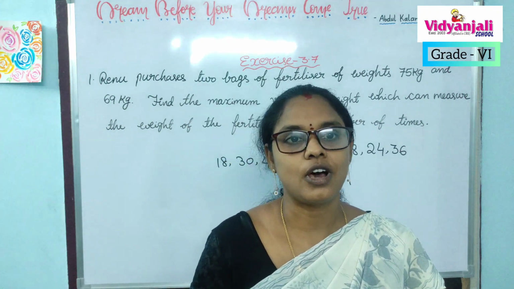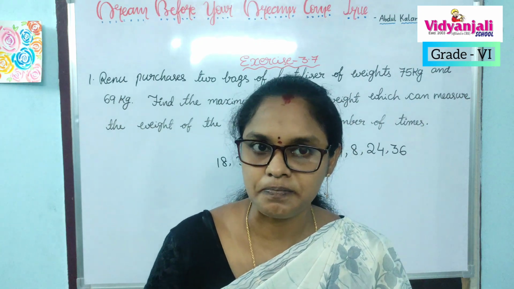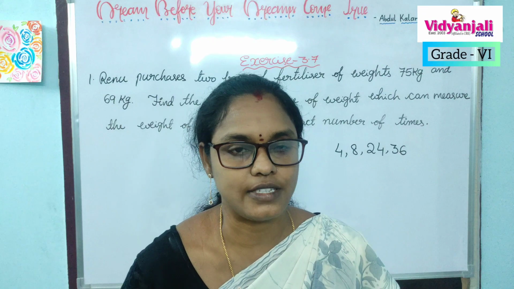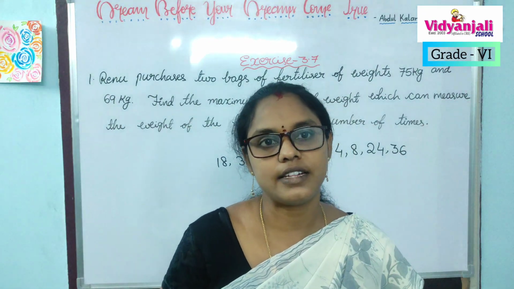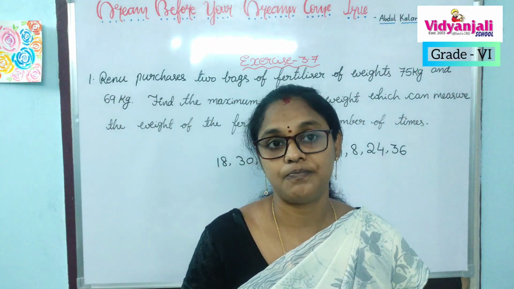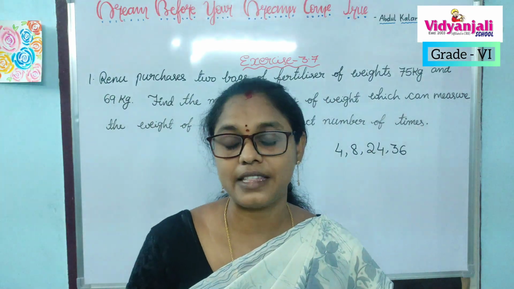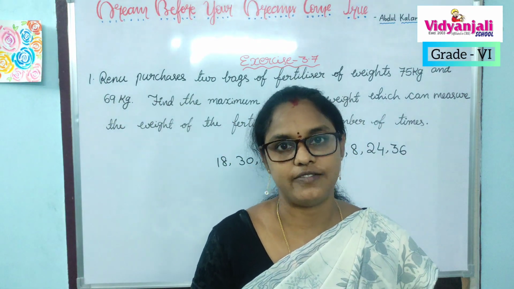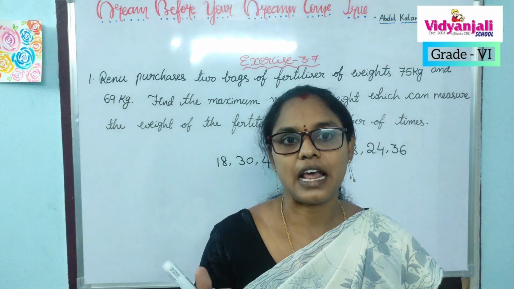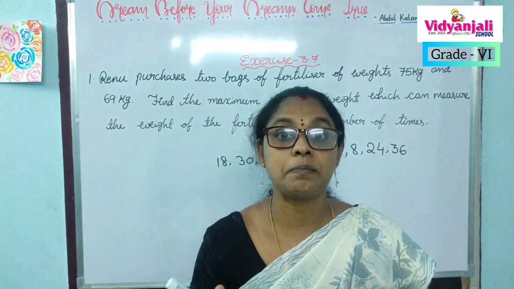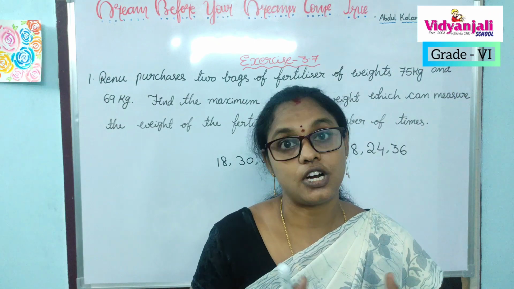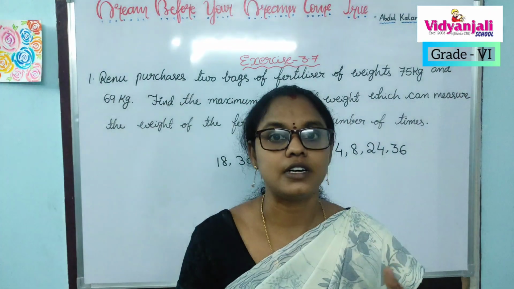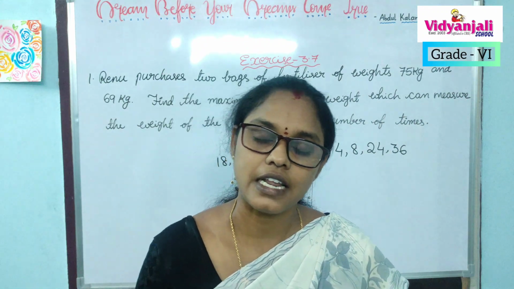Now let's recall LCM. What is LCM? Least common multiple, right? We all know that. Now how to find the LCM? How many methods do we have? We have two methods. One is prime factorization, the other one is short division method. In 5th class, we learned how to find the LCM by prime factorization and short division method also. Now, from 6th onwards, mostly we prefer the short division method to find LCM.